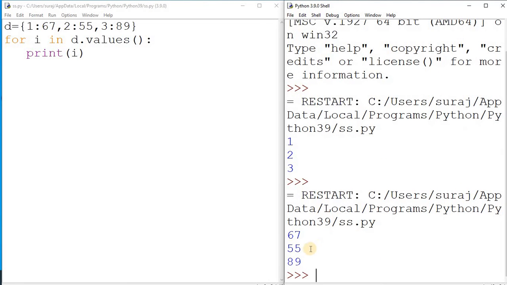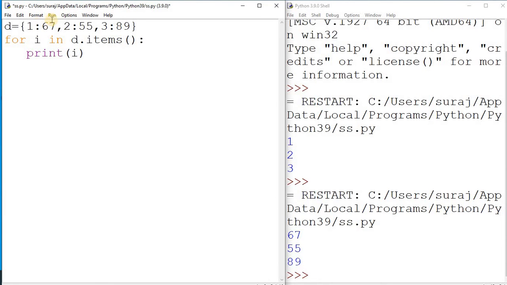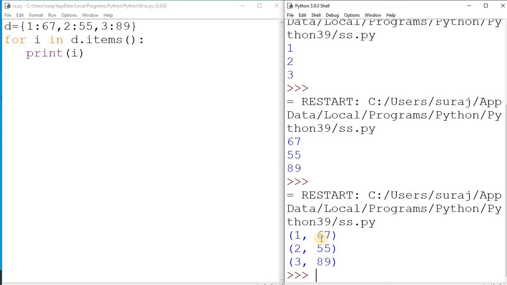Now you see it is showing the values in place of keys. And suppose you write here, in place of values, items, then we will check the result. So you see it is now showing keys along with the values, both keys and values are printing. So in this way you can go with the dictionary. There you can go with D dot values and D dot items. If you use it as usual like list and tuple, it will show only the keys. So you have understood how you can go with the for loop with list, tuple, set and dictionary.